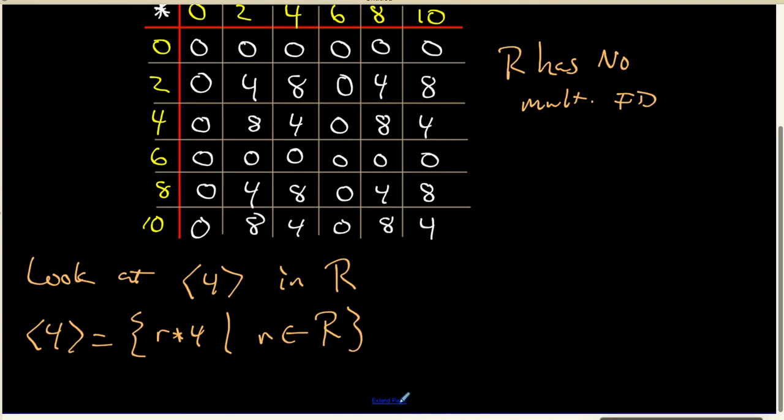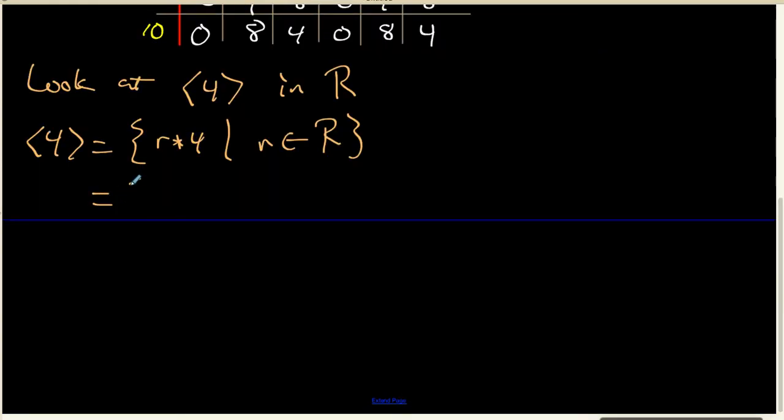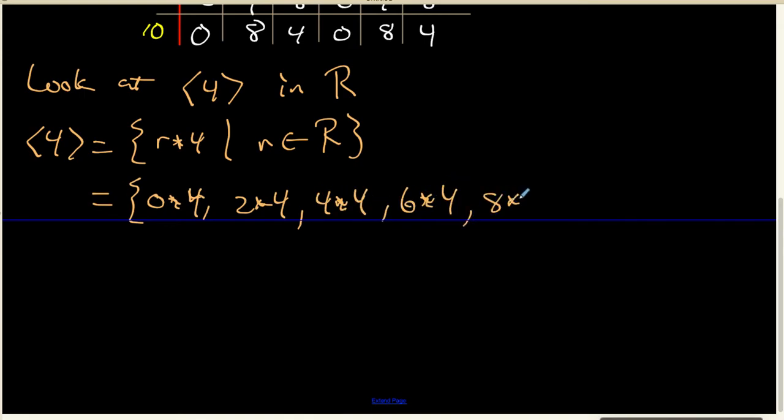Well, that's going to actually be a nice finite set. This is going to be 0 times 4, 2 times 4, 4 times 4, 6 times 4, 8 times 4, 10 times 4, where all of our answers are reduced